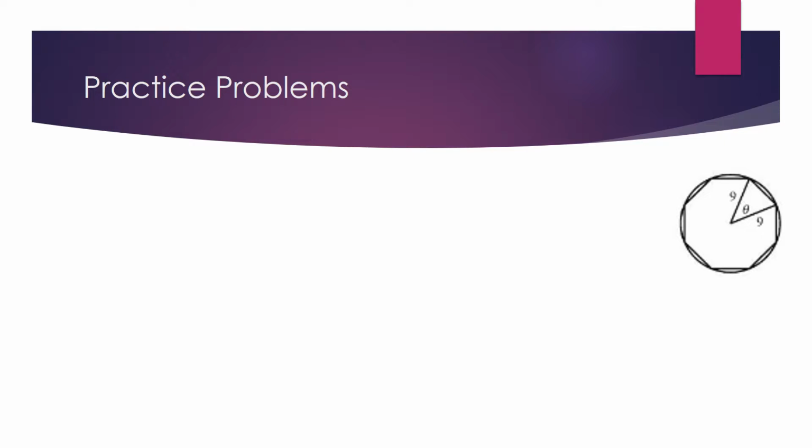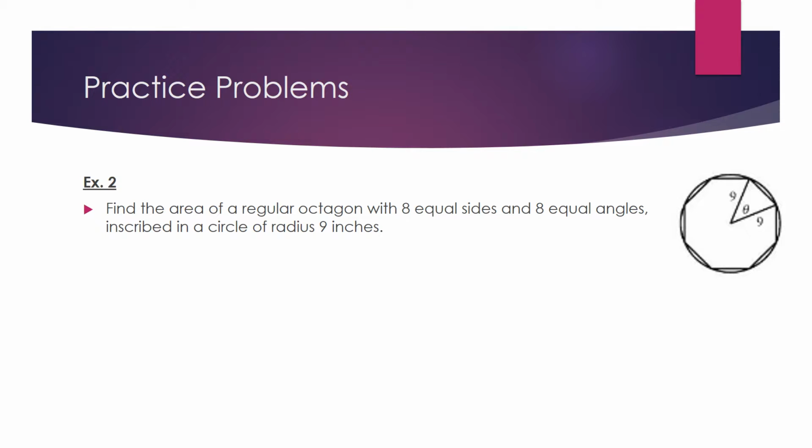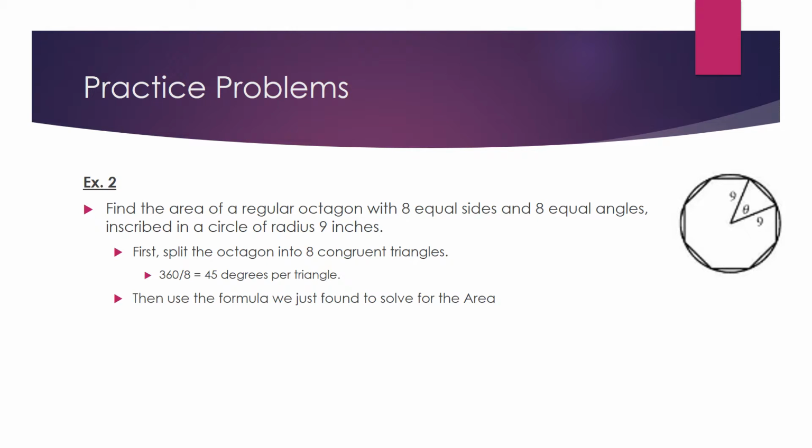Now, finding the area of a regular octagon with 8 equal sides and 8 equal angles, inscribed in a circle of radius 9 inches. First, we'll just split the octagon into 8 congruent triangles. Then you want to determine that it is 45 degrees for each included angle on each of these triangles. Then, using the formula we just found to solve for the area,